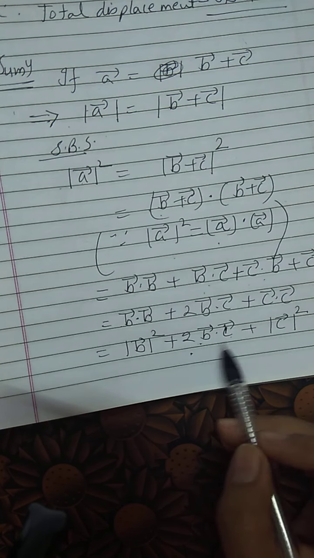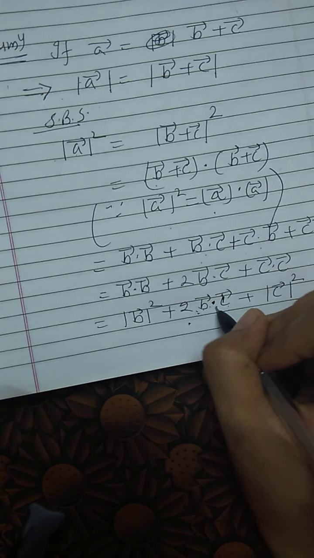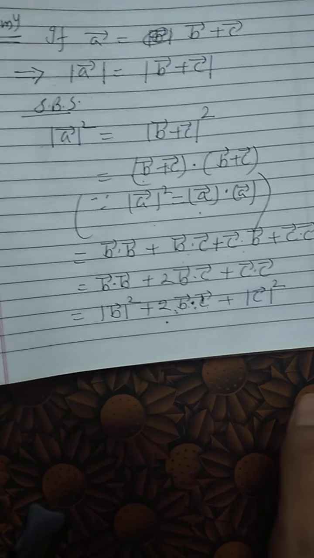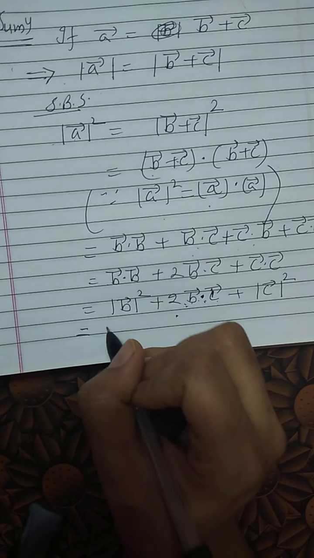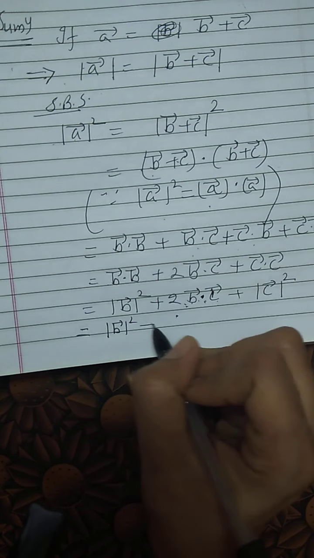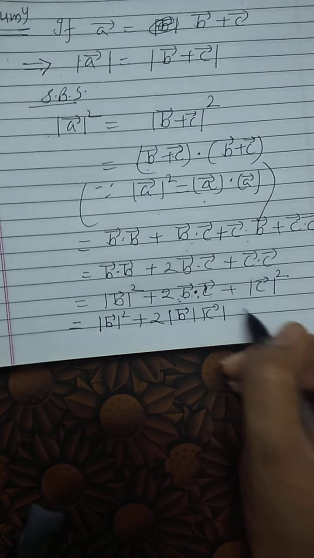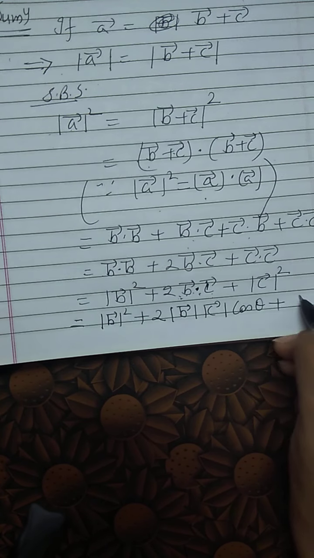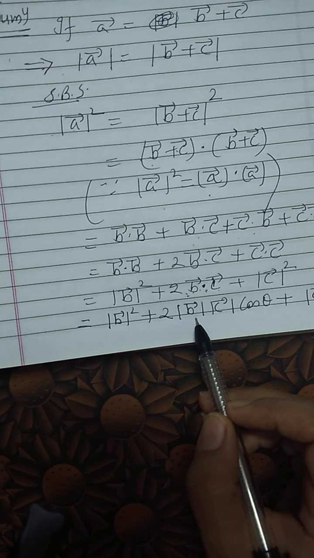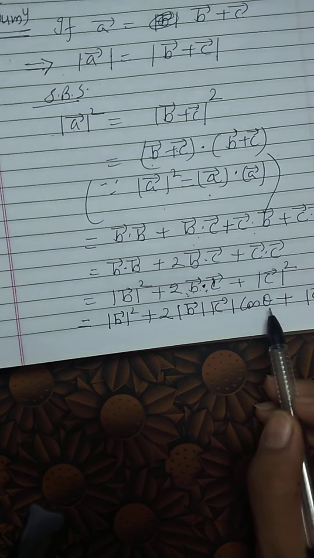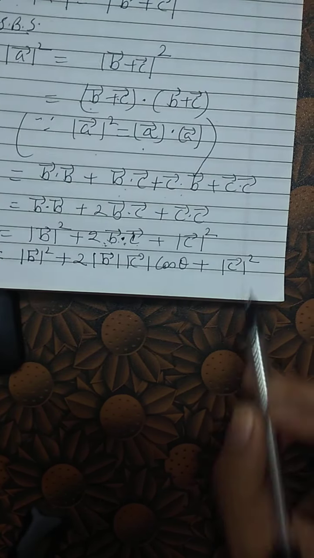Now vector b dot vector c, so here still we are having the dot. This is the dot between two vectors. So what we can do here, if I just apply the definition of dot product, then what we are getting is vector b magnitude squared plus 2, which is outside, magnitude of vector b into magnitude of vector c into cos of theta, plus magnitude of vector c squared. Now magnitude of vector b we will keep as such, cos theta, where theta is the angle between vector b and vector c, and this c squared is coming as such.